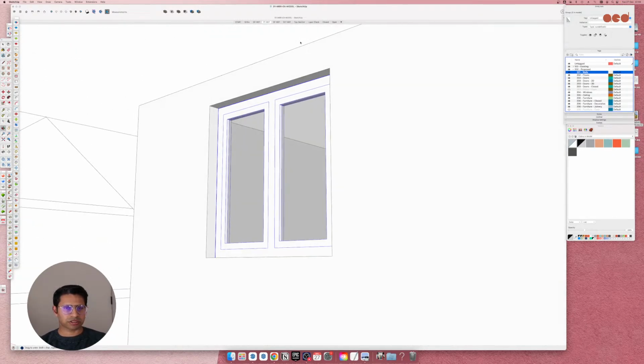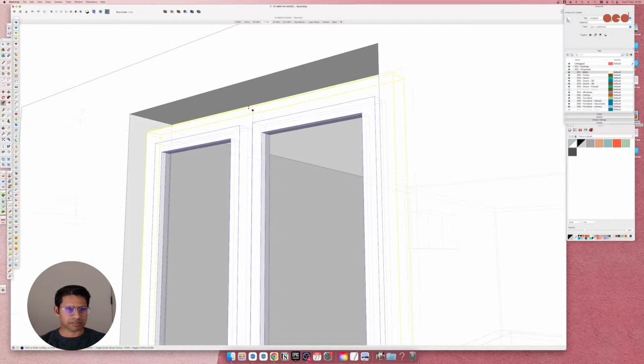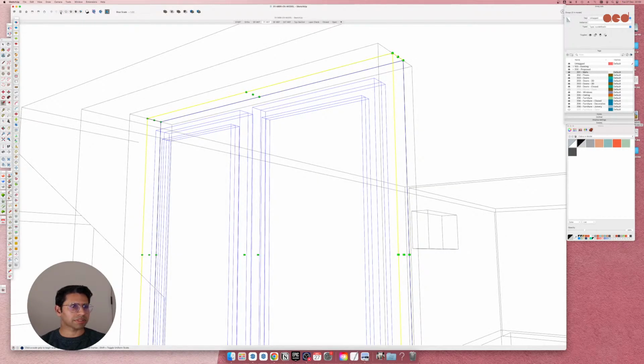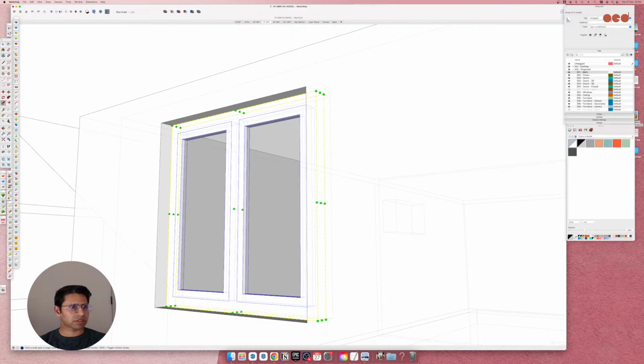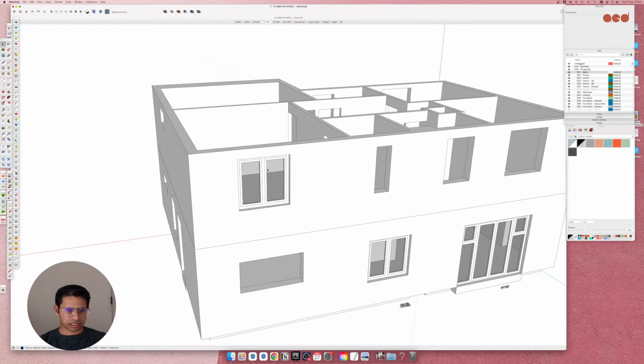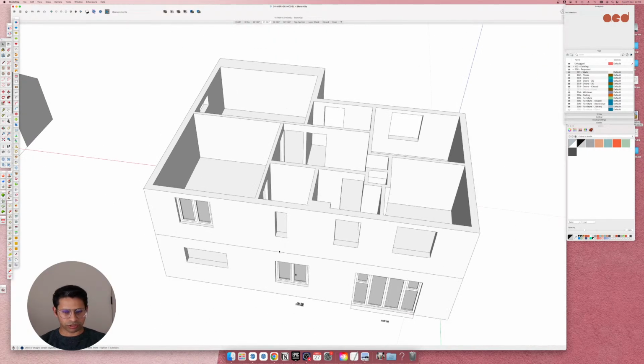So a neat trick when you're struggling to find the middle scale handle is to switch to a line work mode, and then these appear, and then snap to that, and done. And then switch back to the normal mode. That way you're able to stretch it in place, and it's a quicker way of modeling